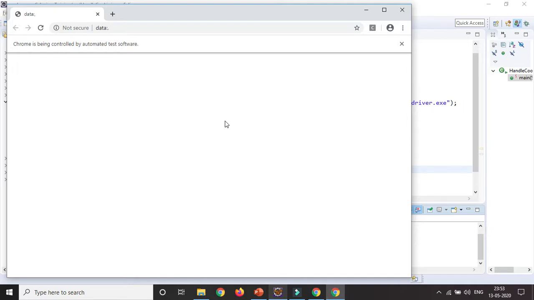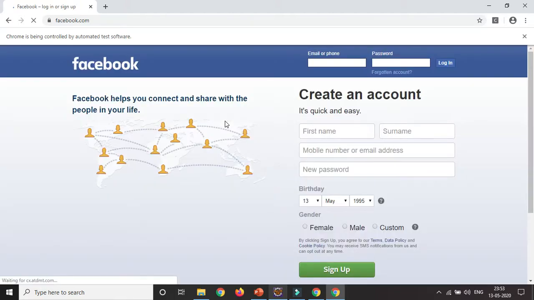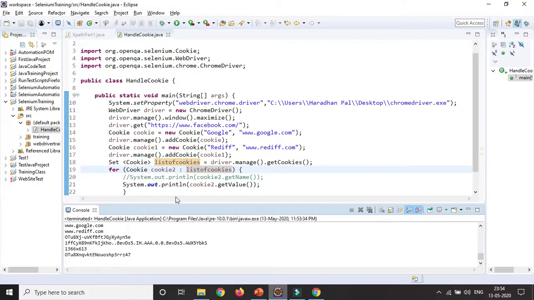Because every time whenever the Selenium WebDriver is launching a particular page, the cookies you are adding will be added for that page only. Okay, if you want to verify everything, you need to open a fresh browser and validate all the cookies, including the previously added ones, right? So you can see Google and Reddit coming. Apart from that, some others are coming, but you don't need to worry about that, because that is some information already opened by the browser. That is the reason other things are coming. So Google and Reddit is coming, right?